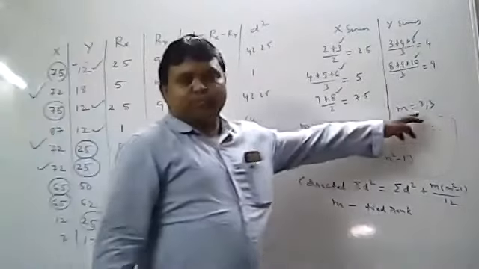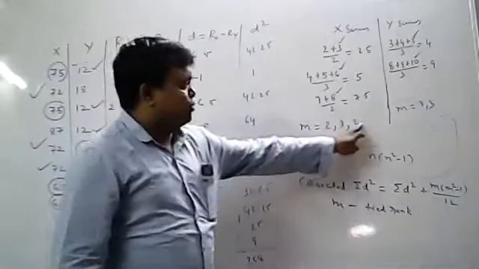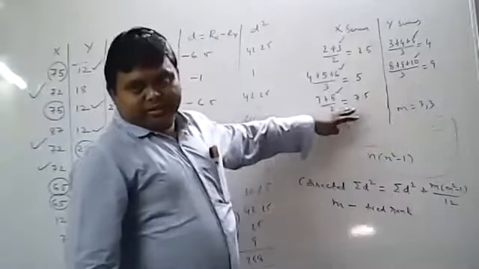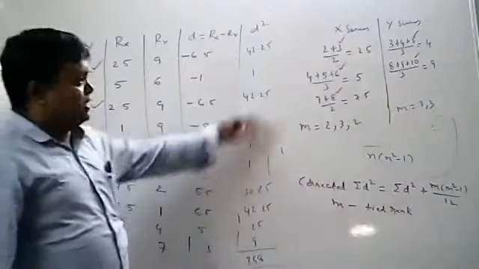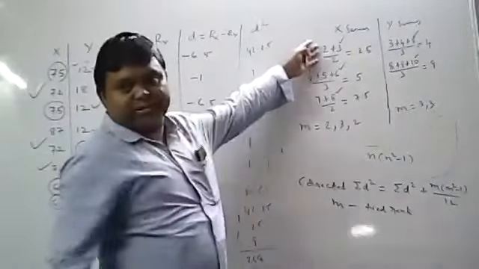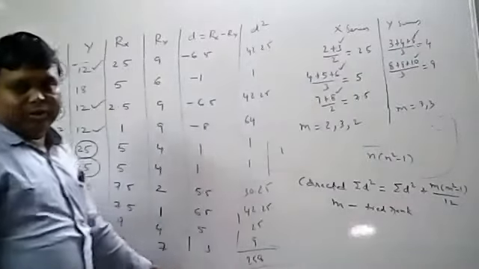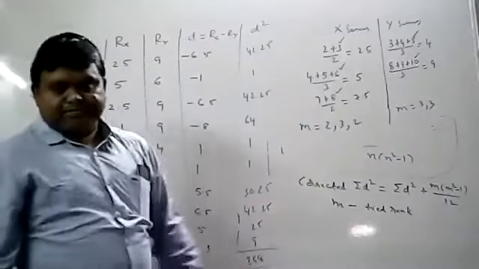Y series also has M values 2. Okay. X series takes 2, 3, 2. And Y series M takes 3, 3. This calculation should be there below the part. Otherwise, if you have space on the right side, you can keep it like that. X series, Y series. If you don't have space at the bottom, you can write it there.